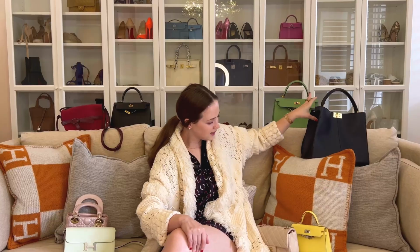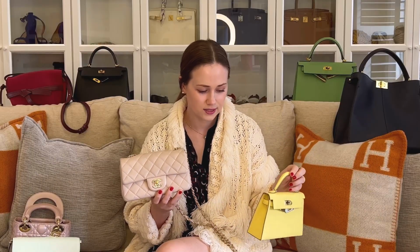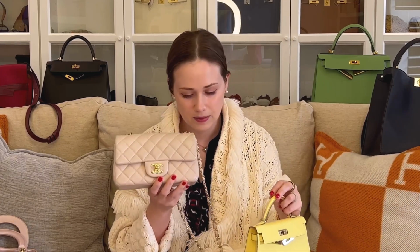Again, this bag is 2019, and I have not seen Fendi bags since then, the Peekaboo style, so I can't speak of their quality right now, but I want to say this is still a good buy. And the last, and definitely the least, prepare yourself, because you'll be hearing my honest feedback about the Mini Kelly versus the Chanel Mini Flap Bag. I want to start by saying that these two are in different price ranges. I want to say that the Mini Kelly is double this bag, but